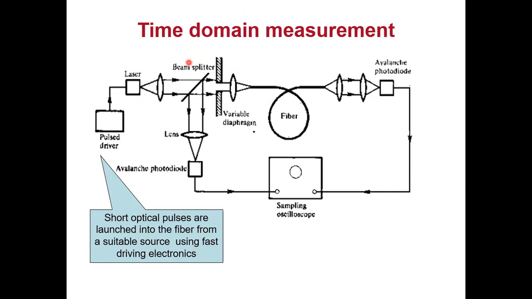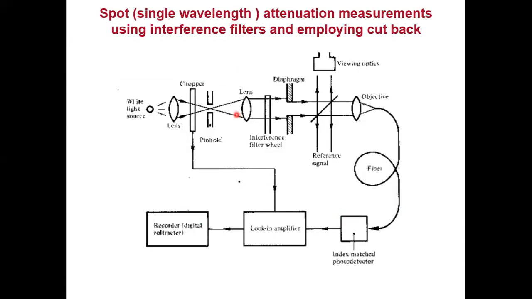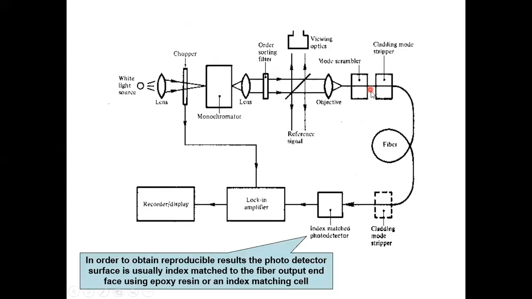In attenuation measurement, we had more blocks because we were interested in the power level, so in no way did we want any excess or extra signal to pass into the core of the fiber. Now here in dispersion, we are not doing all this. If you have forgotten the block diagram, I'll go back and show you. This was the diagram for the measurement of attenuation. Here we had a light source, a chopper, monochromator, viewing optics, mode scrambler, and cladding mode stripper. Now here we don't have the mode scrambler or cladding mode stripper.